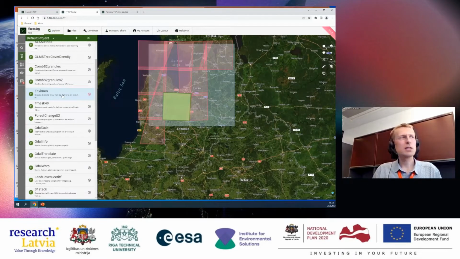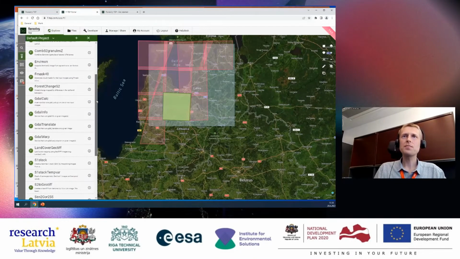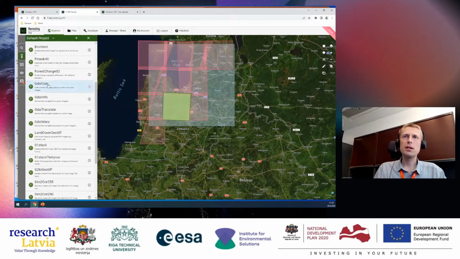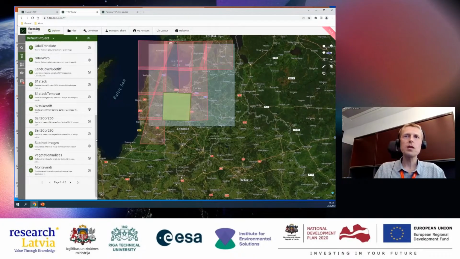If you want to use Sentinel-2 level 1 or 2 images, for example, but you would want to have them in TIFF instead, you could run it through this Envimon, or you can do cloud masking with FMask, or there are a lot of different types of GDAL tools already implemented here. And also these are good examples of how you could implement some other GDAL tool. And then